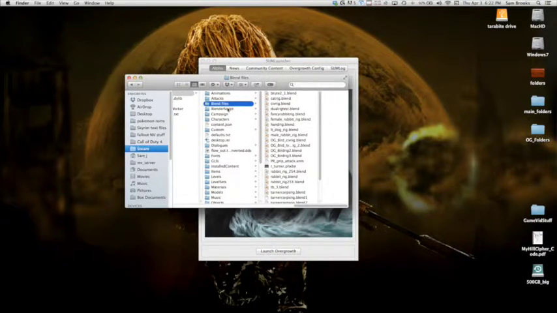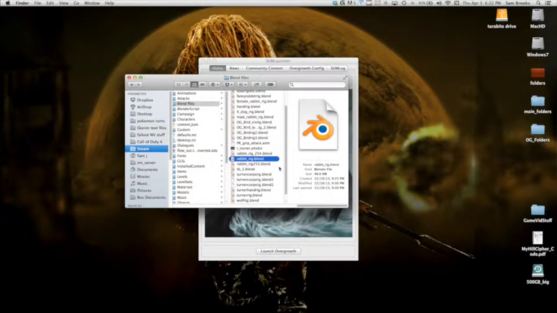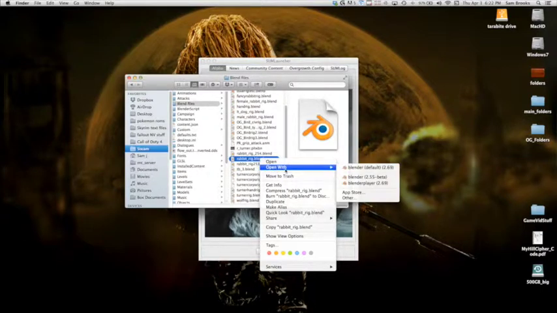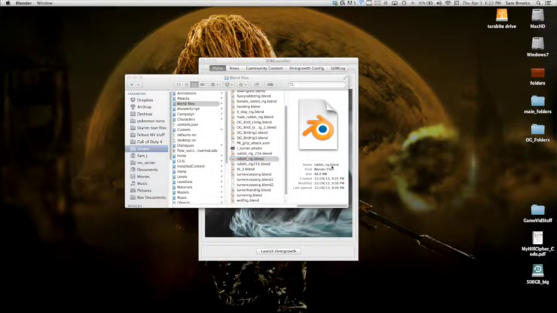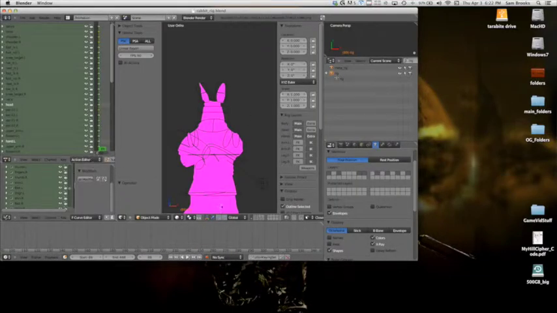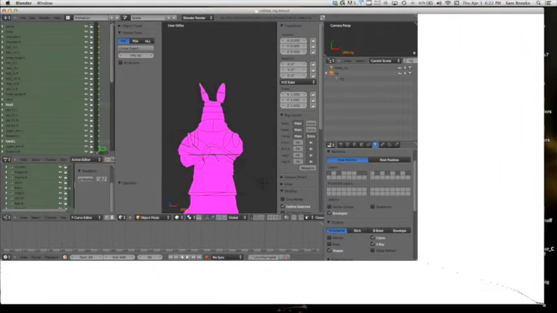So after you've done that, go back to the data folder, click on the Blender Files folder in the data, and look for a file called Rabbit Rig right here, and then open that. So there we go, open that file, and we're good to go. Now that we have that open,